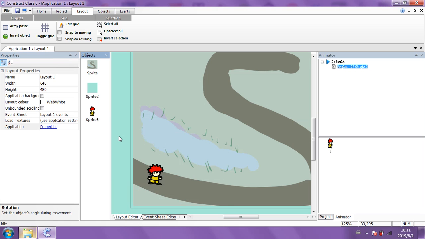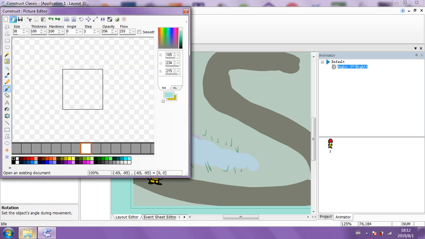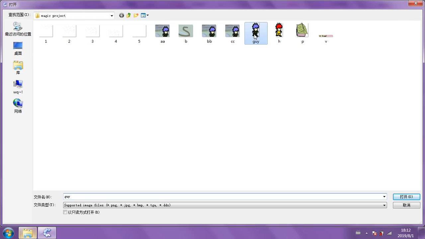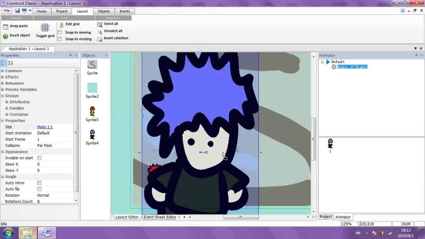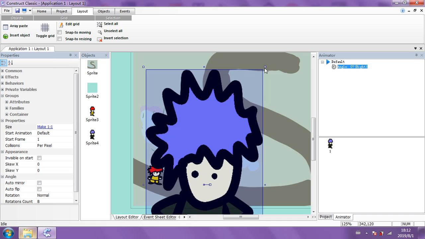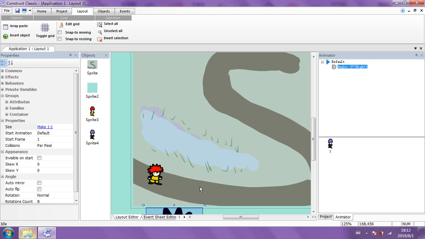Then we're going to do a couple more things. We're going to right click, insert an object, go to sprite. I'll click somewhere else. I'm going to go to open, choose my other little guy, a blue haired guy, click off the cross here, and then go to yes. Same thing, we're just going to bring you into place. I'm just going to make him smaller. I'm going to let him stand by the water over here. Okay, good. Right, now that's that.